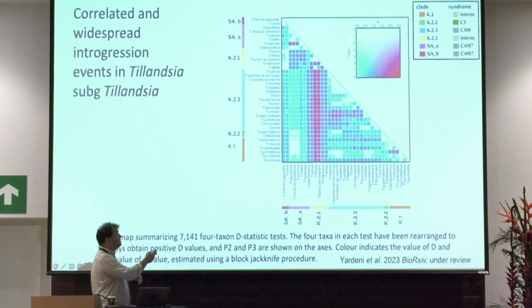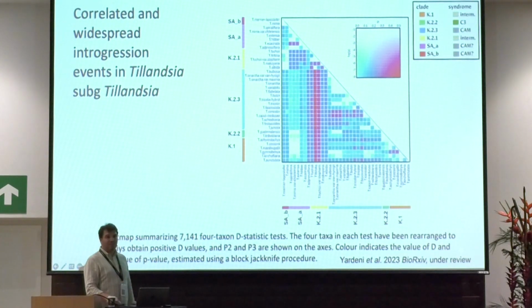But on the y-axis, you have the p-value, so the significance, the confidence in these patterns, how confident are we that these are representing introgression events. And as you see, even at low D-statistic, we can have high confidence that these still represent introgression events. Basically, you have to look for the stronger colors, and you see that across the radiation, we recover these high levels of introgression. So we can say that this is a pervasive introgression across this radiation.